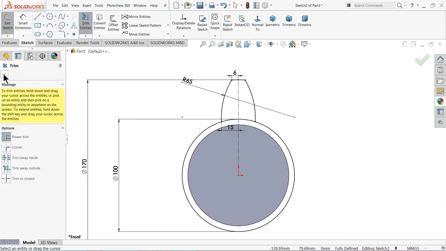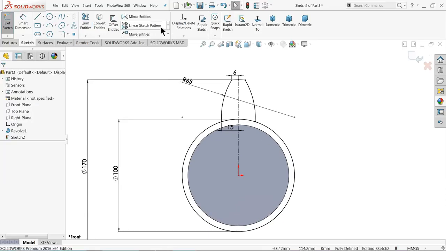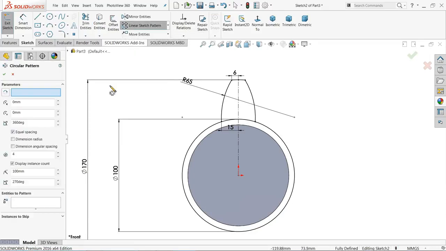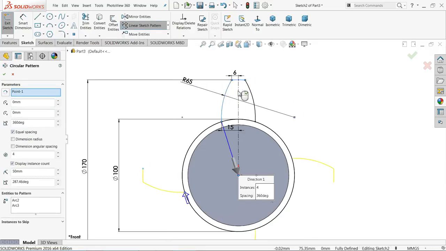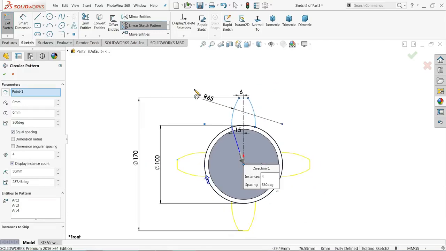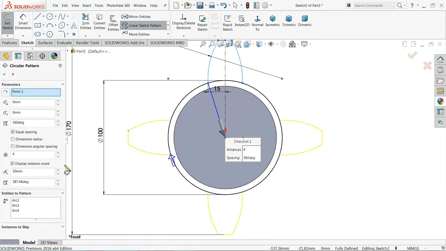Now it's time to make multiple profiles, so let's choose circular pattern. I'll choose 1, 2, 3. Now here keep angle 360 degree because we want to make a full complete circle, and we need 8 profiles.